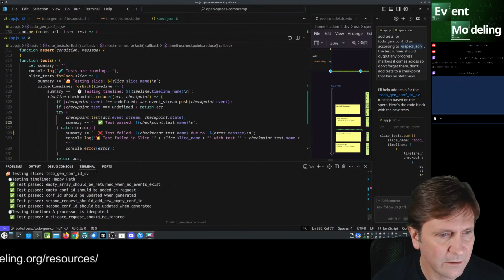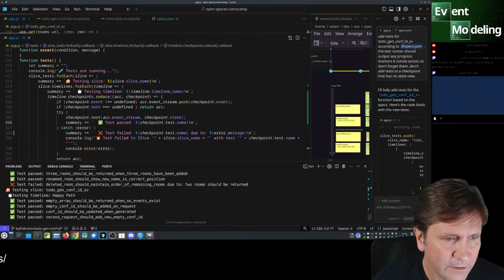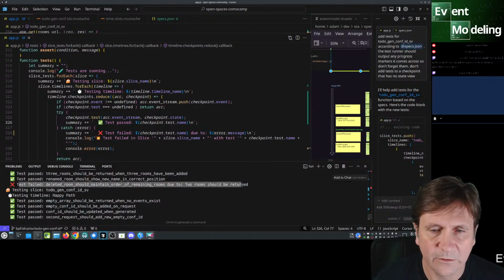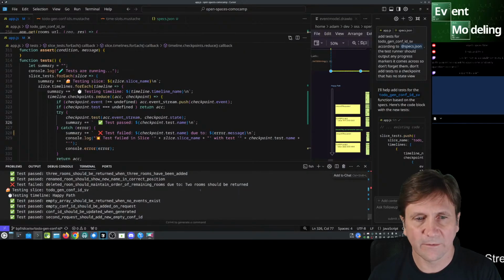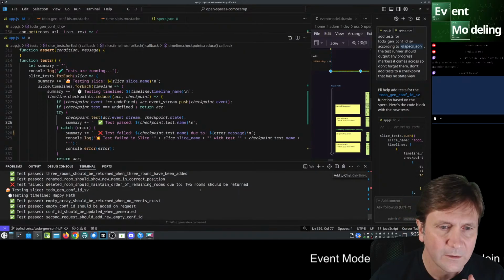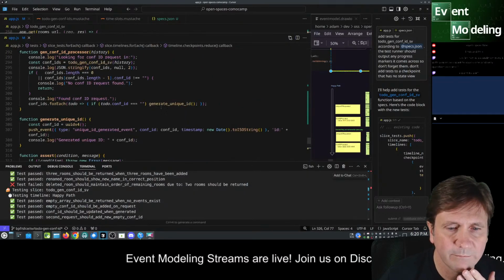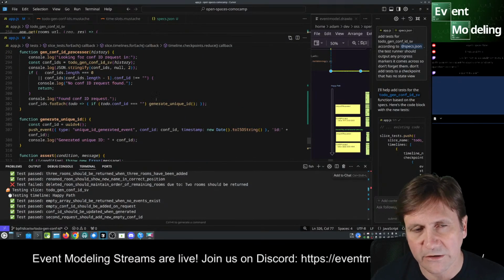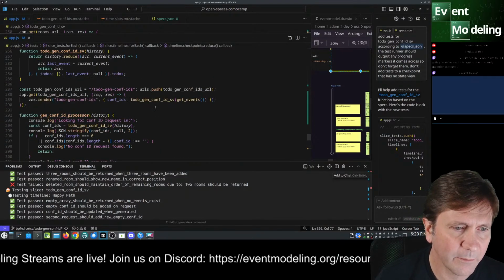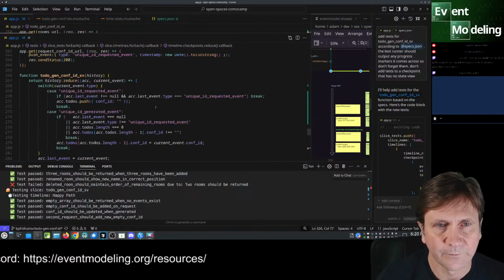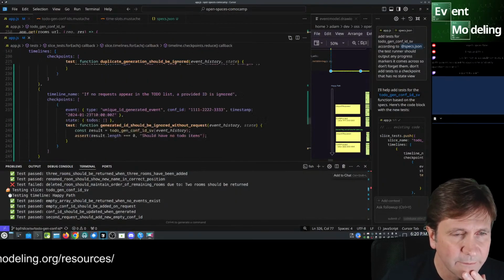So now let's take a look. Okay, test failed. Deleted rooms should remain in order. Remaining rooms, 2 rooms should be returned. Okay, so obviously we have something unexpected there. Maybe this is over specification because we don't really care about that.